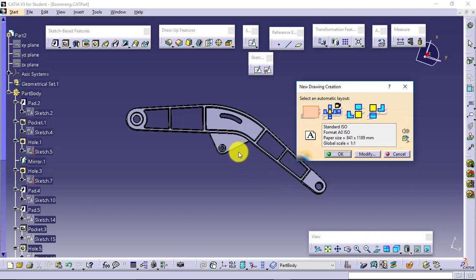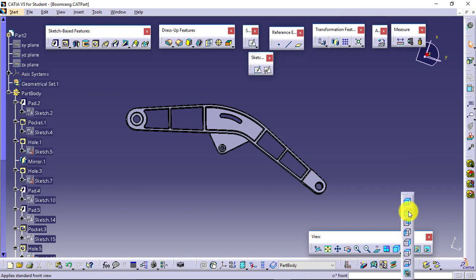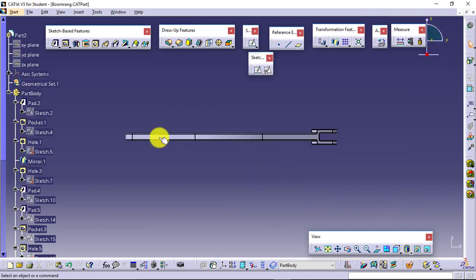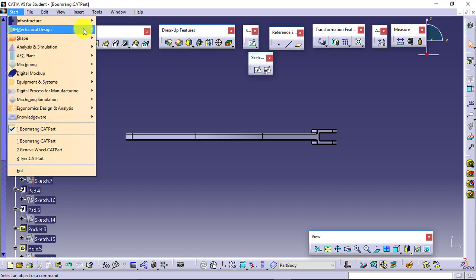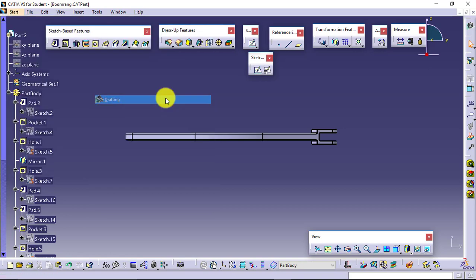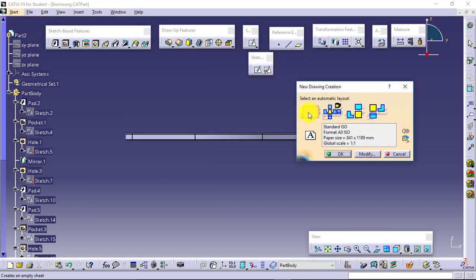Whatever is visible here as the front view will be the front view in the drafting. If you want that, you can directly select the layouts, or you can go for the empty sheet. I'll prefer to go with the empty sheet.